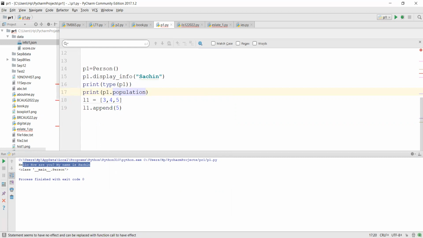Let's say we all are in the same city, so the temperature at a given time will be the same for all of us, isn't it? So city becomes a class. We all are objects of the class. Temperature is the class level variable for the entire city members. So temperature will be the same for all of us, because we are part of the same class. So whether I say P1 dot population, or I say,